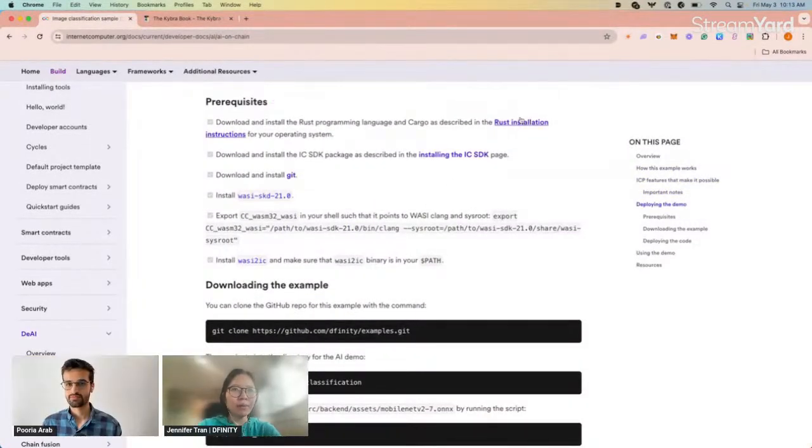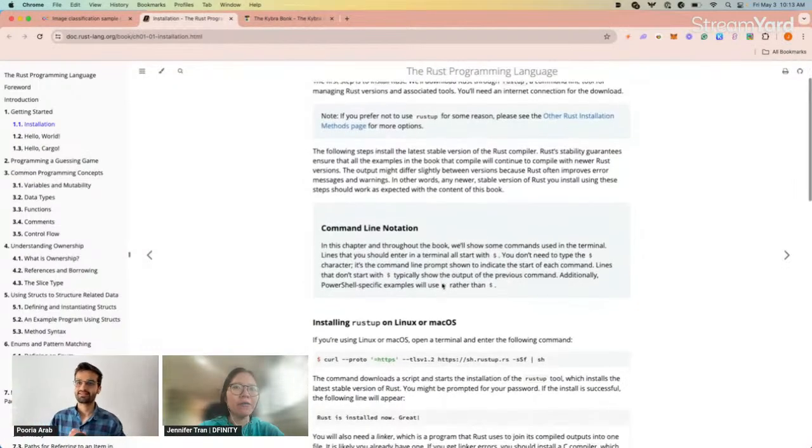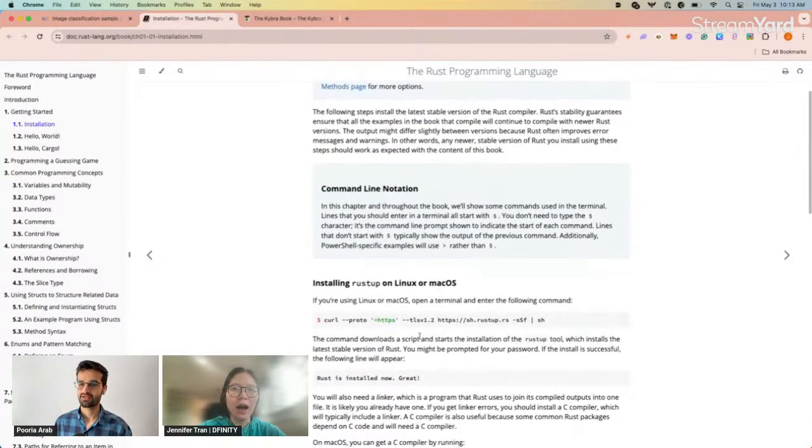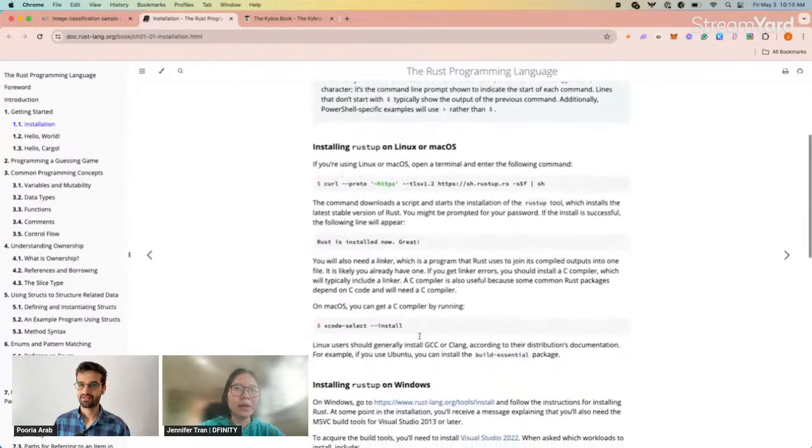There are some prerequisites, and sometimes we can't go through all of them, but I think it's important that you at least get most of it so you can get up and running. First, you have to install Rust on your computer.